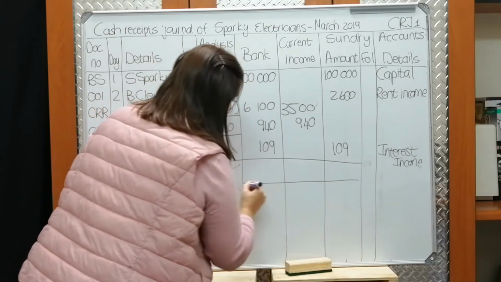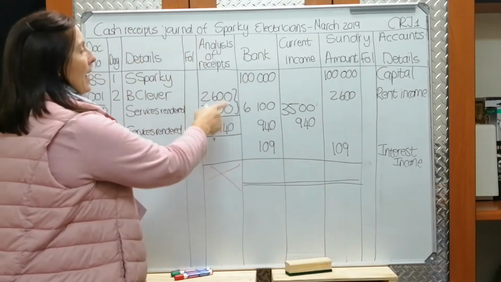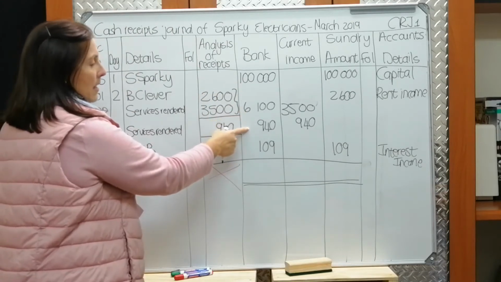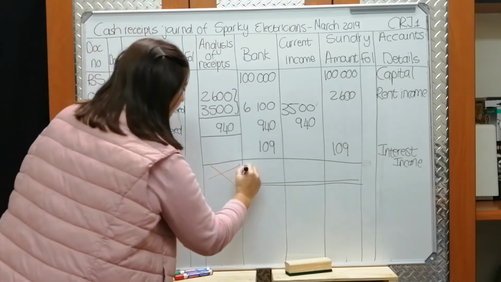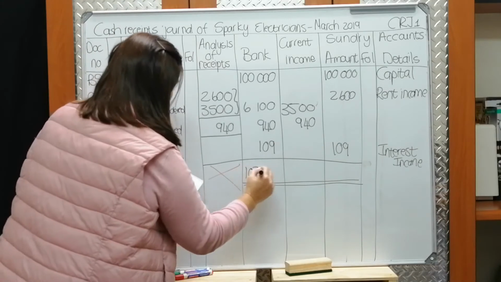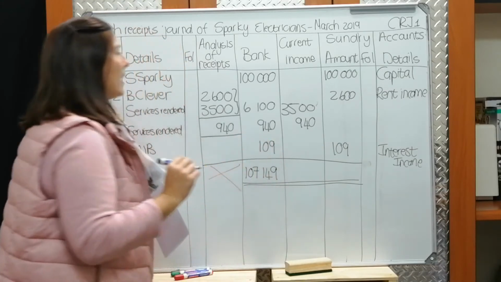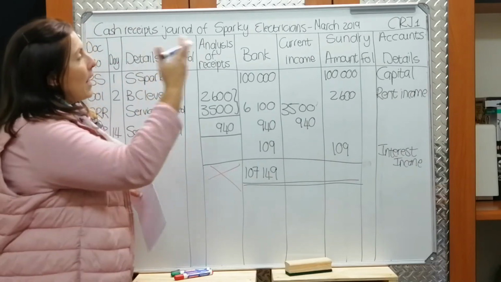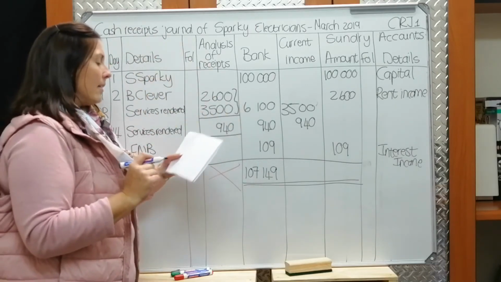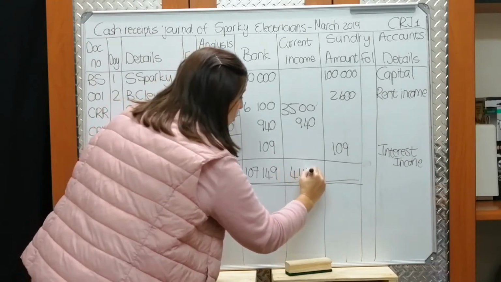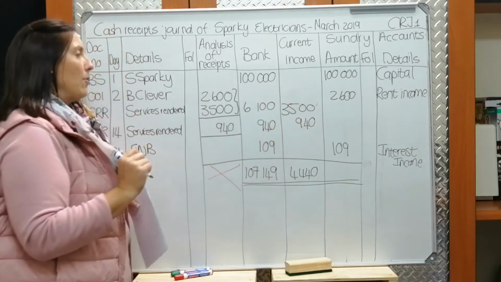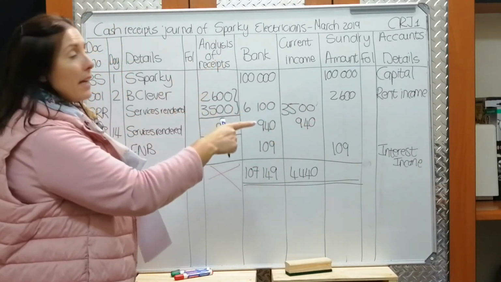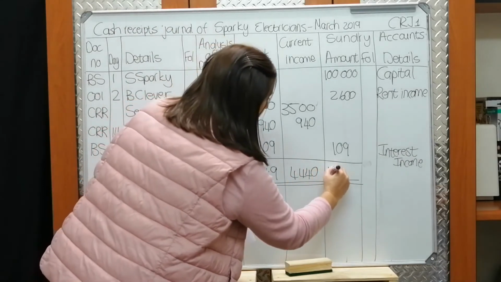But we need to total our other columns. So let's do that. So now you add 100,000 plus 6,100 plus 940 plus 109 Rand. And if you do that on your calculator, you should get, and please double check me, 107,149. 107,149. Good. Then we go on to the next column. Current income. If you add that, you should get 4,440. 3,500 plus 940. Then the last column is our sundry accounts, 100,000 plus 2,600 plus 109, and that should give you